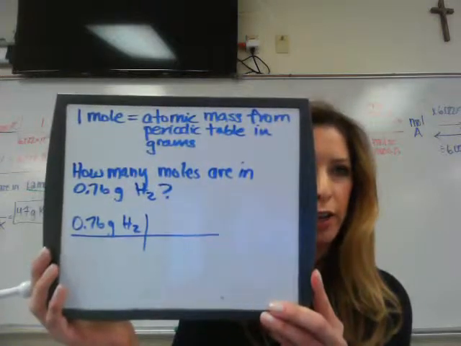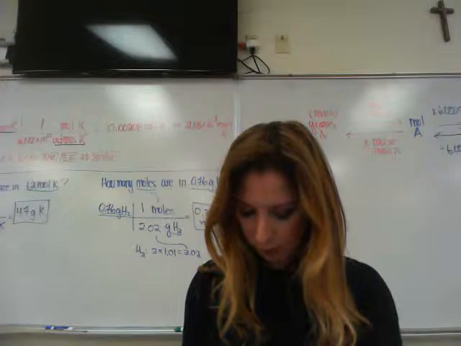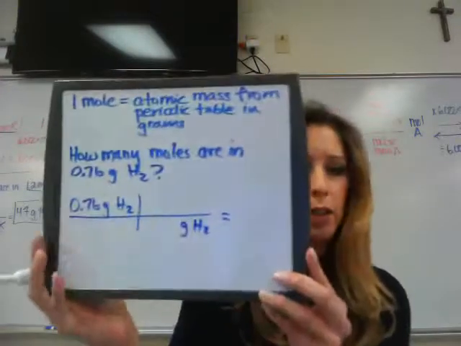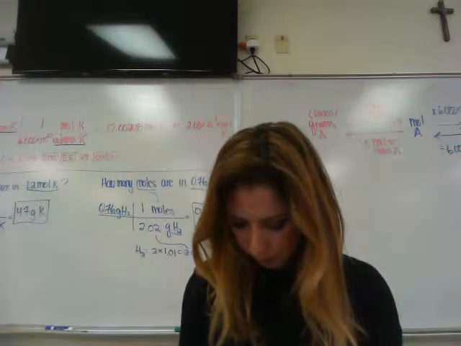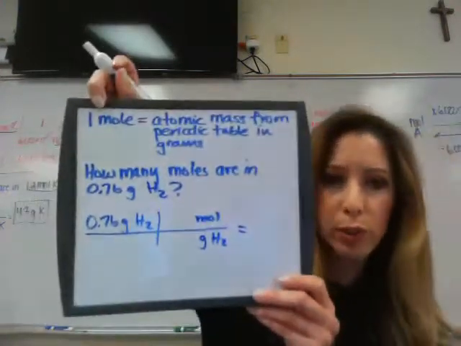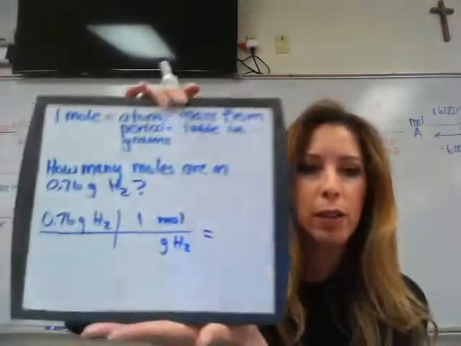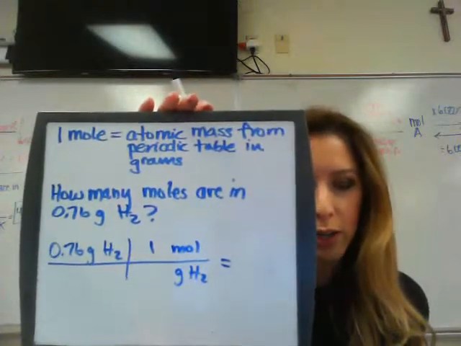You're going to put grams of hydrogen on the diagonal, down here. And since you're solving for moles, you write moles up on top. Okay, the number 1 is always written next to moles, so we put the number 1 on the top next to moles. The atomic mass, or the molar mass, is going to get written next to grams, and that comes